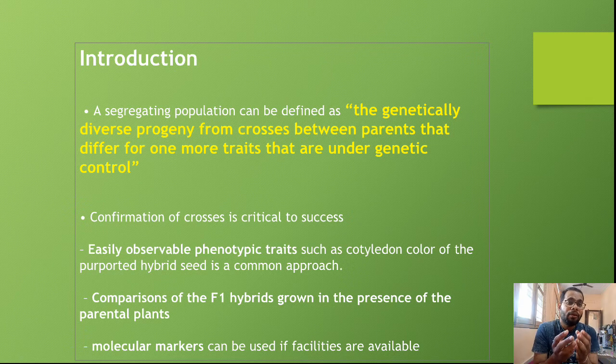So among all the genotypes in F2, which genotype or which plant is desirable for you and which is not desirable, you have to use your skill, science or concept to decide which plant or which genotype is suitable for you, and which plant you have to select for generating the next generation. So this is about the handling of segregating generation.